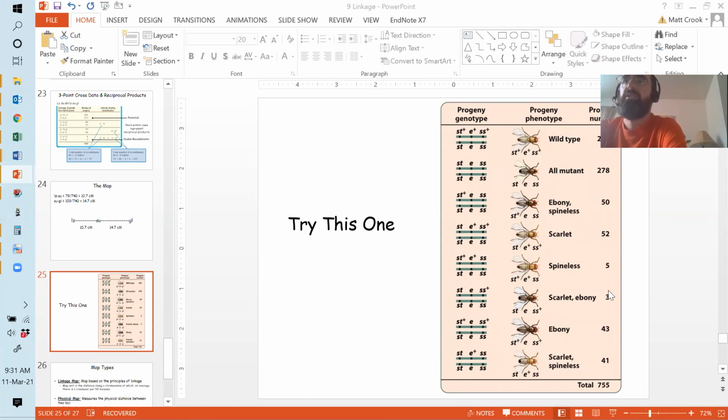All right, which are the double recombinants? Smallest number, yeah, that's good. Which ones are those? Just going to type this stuff up. So spineless, yeah, and scarlet ebony. Thank you, everybody. Parental chromosomes are +++,